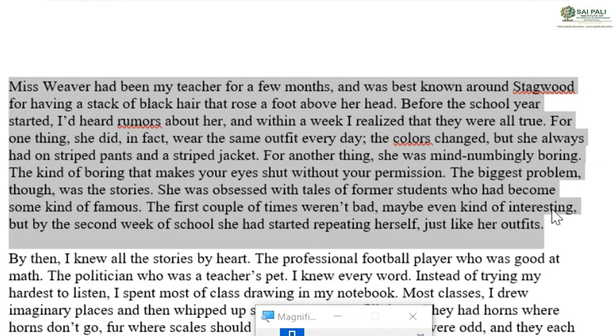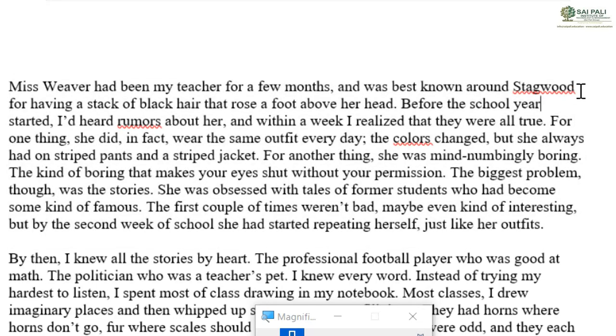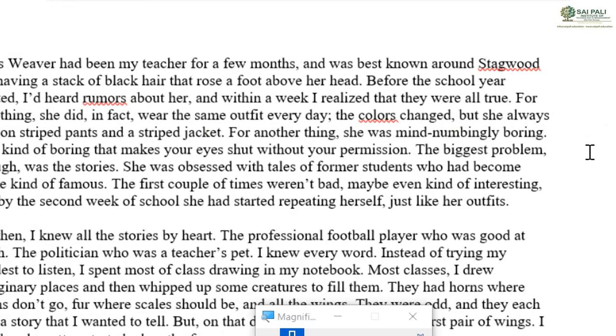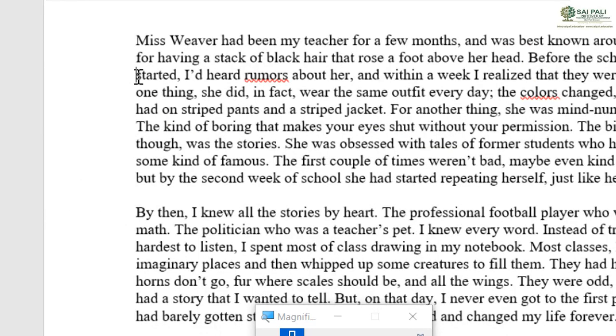What is happening here is that we have a limitation of the page, like our page is ending here, so the whole line comes to here. Now this line is a little small. Why does it stay a little small? Because the next word which I type after this is this word. What is this word? It is this, started.